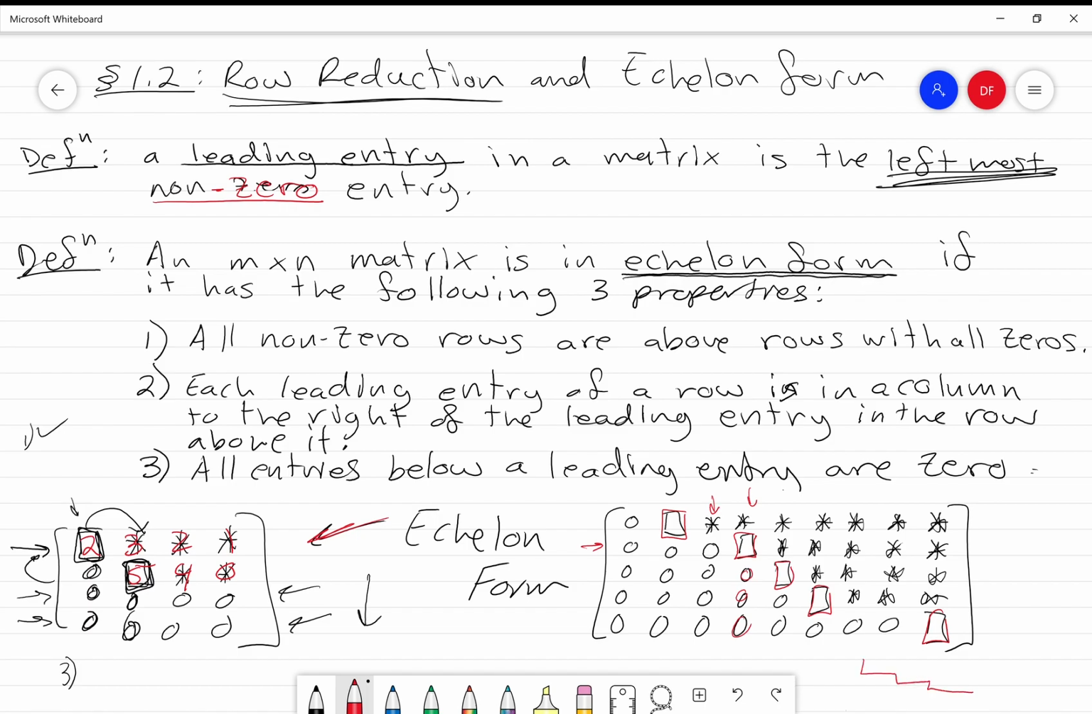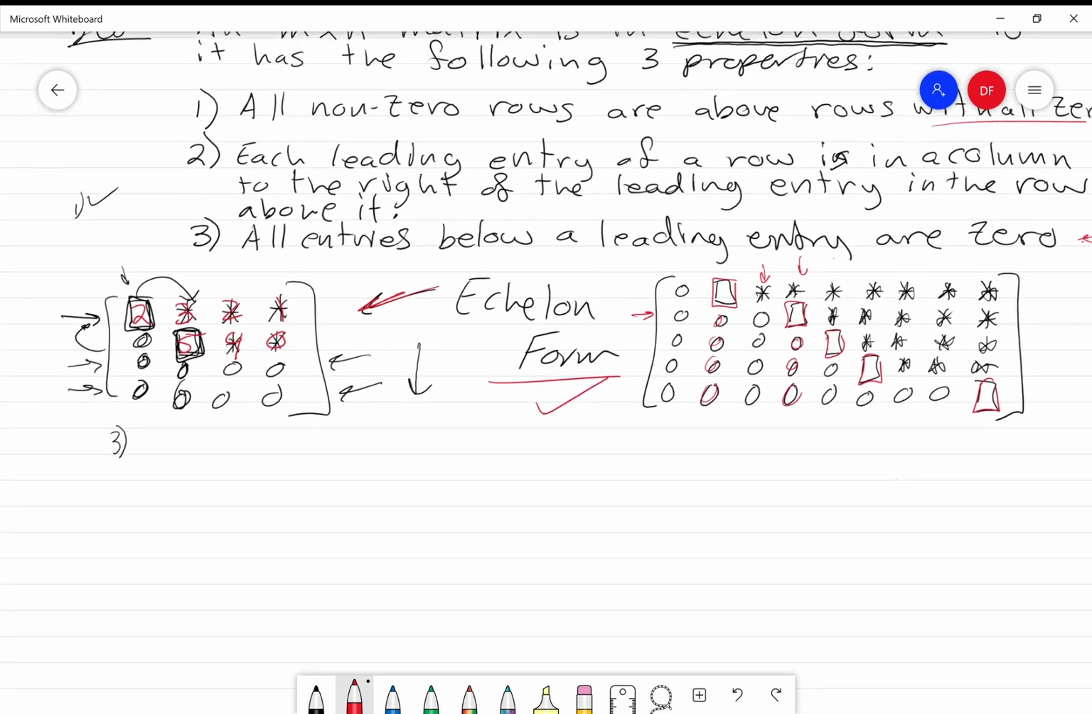In fact, this is why it's called echelon. Echelon refers to a staircase sort of hierarchy. Okay? And we see that all entries below a leading entry are 0. And there are no rows with all zeros. So this is echelon form. Okay? Now,